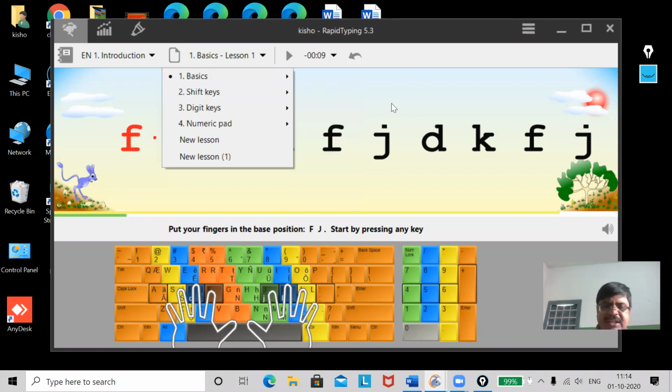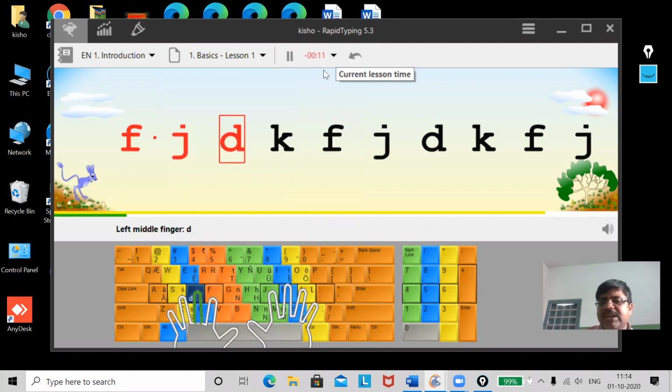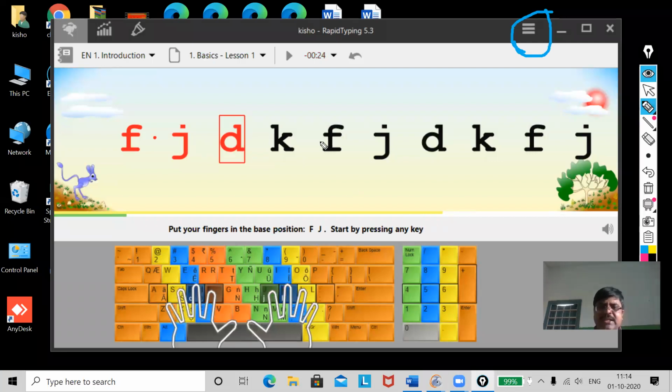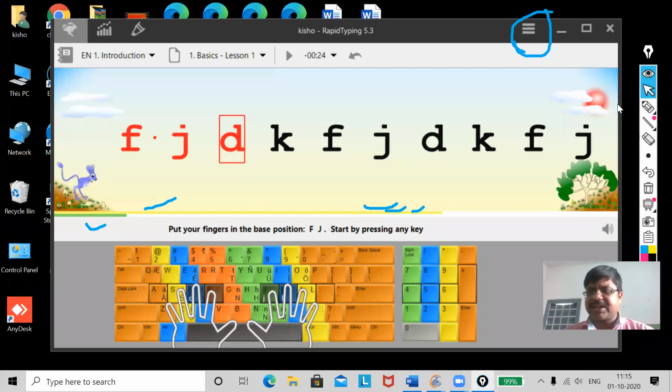Now, next to that is the start lesson. You see, a timer starts. It is going to warn you, my dear, that your time is going to be over. At the bottom you can see two colors, one is yellow and the other one is green. It shows your time going to elapse. Let me first type, then you will understand.